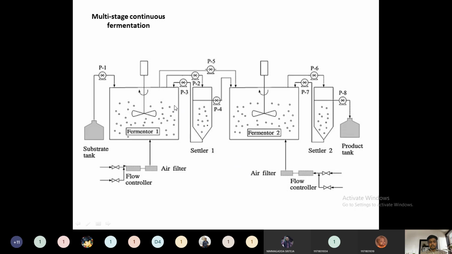In some fermentation processes, some microorganisms are unable to form the desired product, so multiple microorganisms are used. As I already said for the multi-stage continuous process, the only required criterion is whether the first fermenter is producing toxic products, or the first fermenter is not at all converting the total substrate. Only then can we go for these dual or multiple fermentation processes.